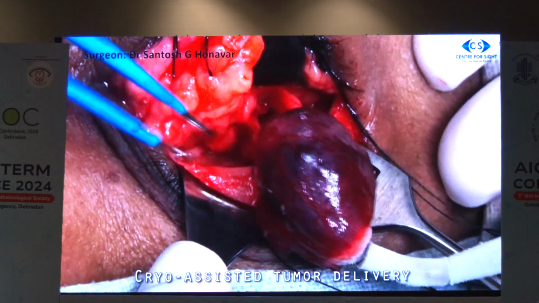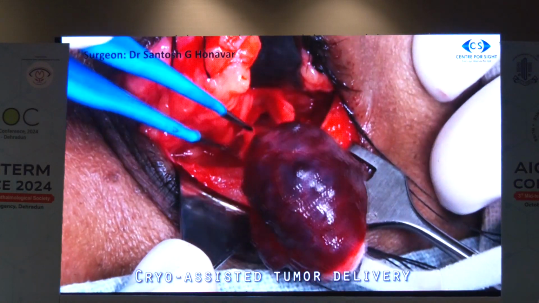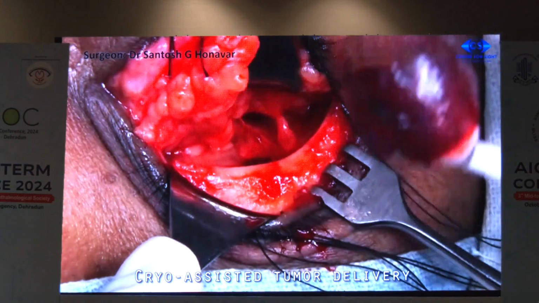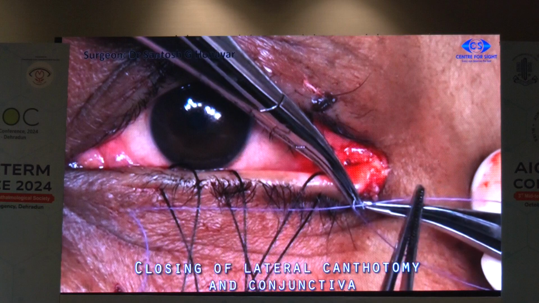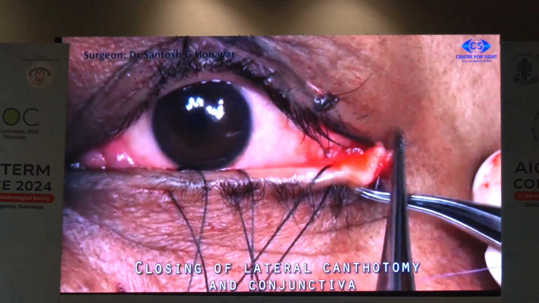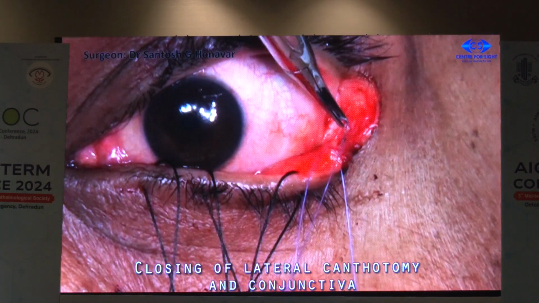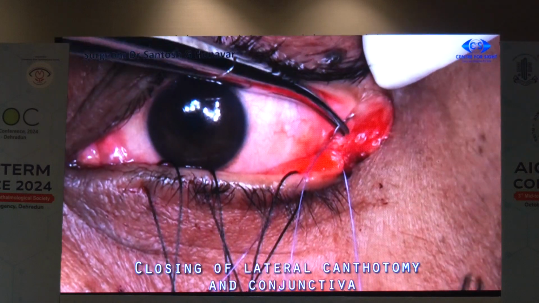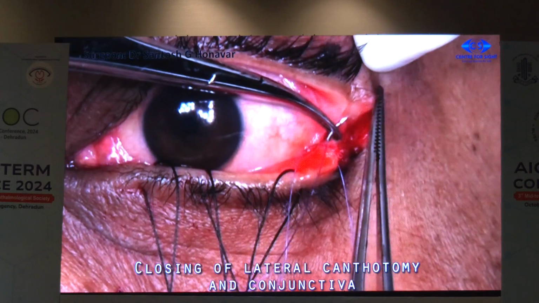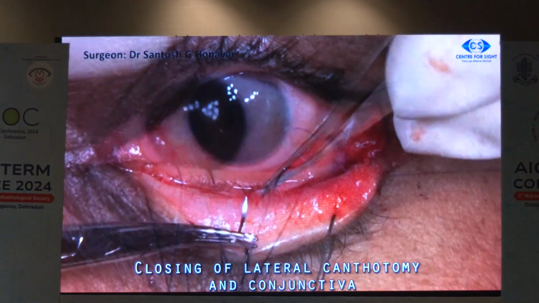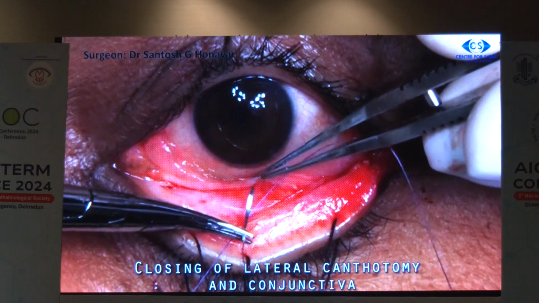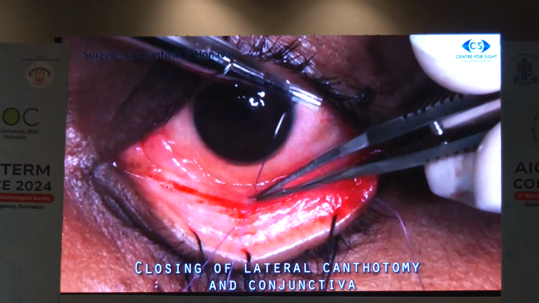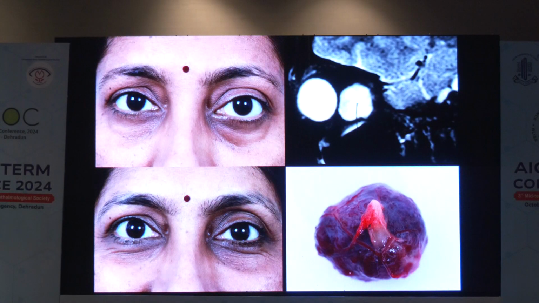As the tumor comes out, we will definitely visualize this posterior vascular pedicle, the feeder blood vessel that needs to be cauterized. Sometimes the MRI specialist himself tells us that this is the vascular feeder vessel from where the tumor derives its blood supply. It's easy for us then. Now the lateral canthotomy incision is closed, and the inferior fornix incisions are all closed with Vicryl absorbable sutures, and canthotomy sutures are also very small Vicryl sutures. So patients do well, and this is the same patient after 2 weeks following surgery